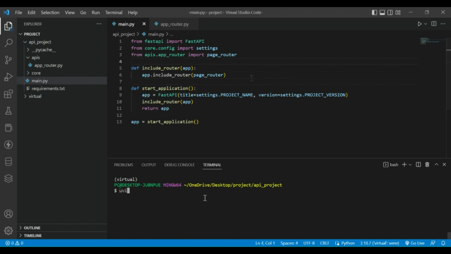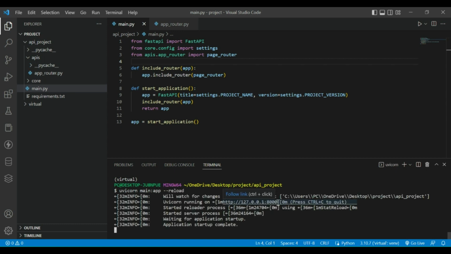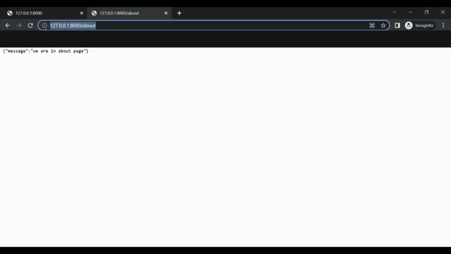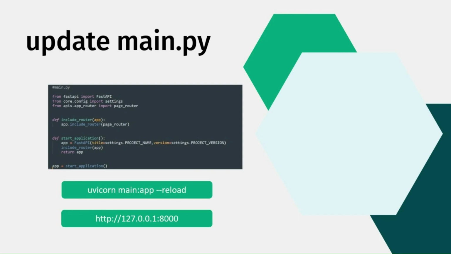Now let's start the server by running the command uvicorn main:app --reload in the terminal and visit localhost at port number 8000. You should see the router response at both endpoints which we defined in the code. Here we are done with routers. Now you can use them to divide the complexity of your project without interrupting the functionality of the API or code